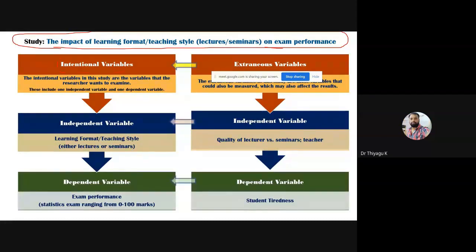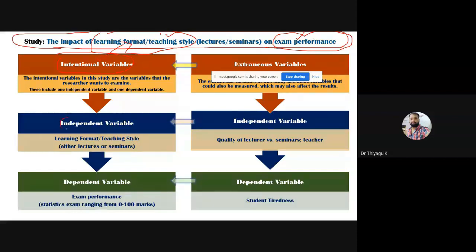See this case. What is the intention variable? Normally, when you are doing research, we are intentionally selecting some variables. What is the intention here? I'm going to check what is my aim. I want to check whether my teaching style may be influencing exam performance. Therefore, in this case, learning format or teaching style may be the independent variable, and exam performance the dependent variable. Here the investigator intends to select these variables as independent and dependent variables. Therefore, the intention variable is a studying variable, the variable you are studying.